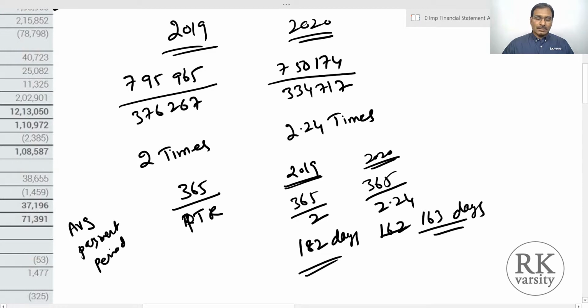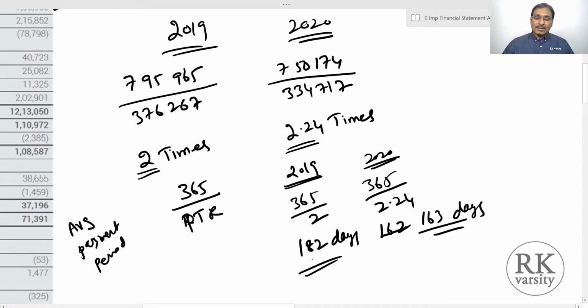So that means here, when you are looking at the payables turnover ratio, the lower the payables turnover ratio is, the better for the company. In the sense, the company is getting much more time to make a payment to its creditors. So here it is taking 182 days, and here it is taking 163 days. In the sense, the company has a flexibility or a time lag of making a payment to its